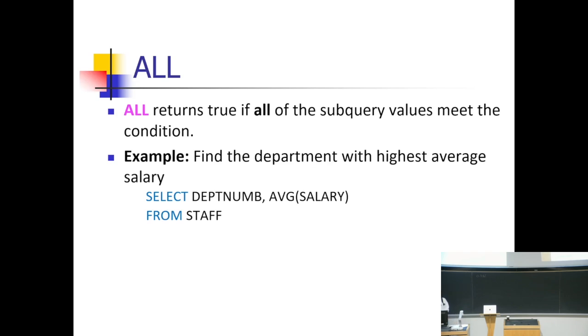Whenever we use group by, our select statement is limited to only the column or columns we are using in the group by, and any other column as long as they are using aggregate functions, right? So we can have, for example, average salary, minimum salary, and so on, but we cannot have salary itself. So having average salary greater than